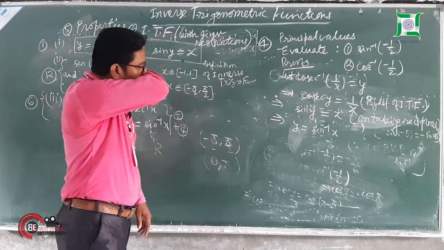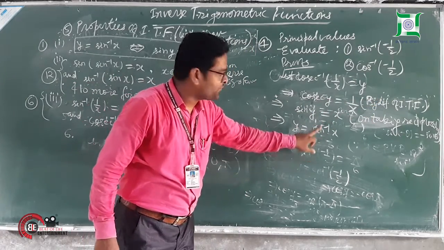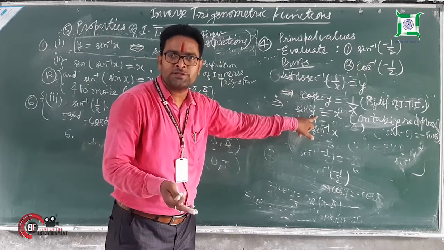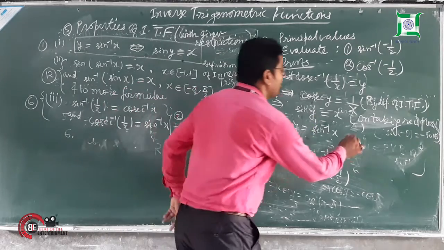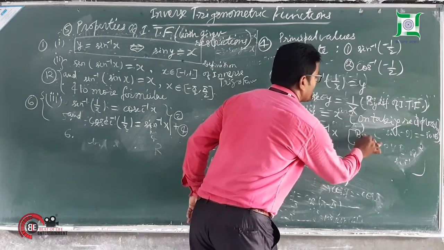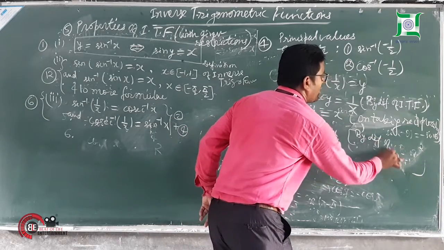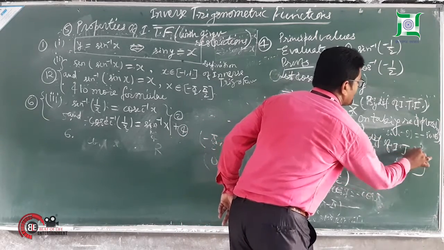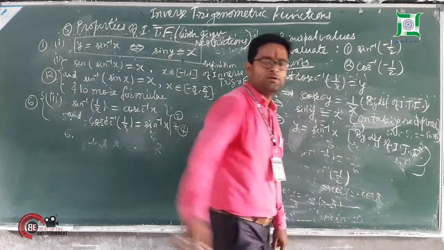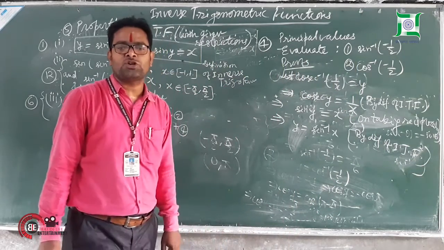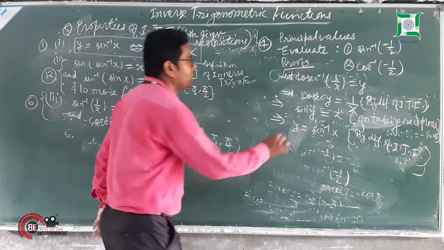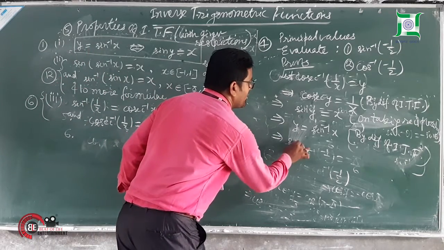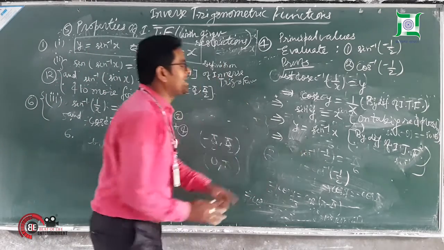Now here again I am changing from the simplest trigonometric functions, that is circular functions, to inverse trigonometric functions. What do I have to write again? By definition of inverse trigonometric function. So by definition of inverse trigonometric function, we can convert again, but we have to write the reason. Now tell me what will be sine. Tell me what is y.